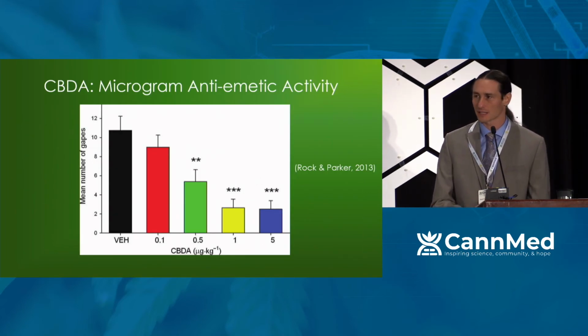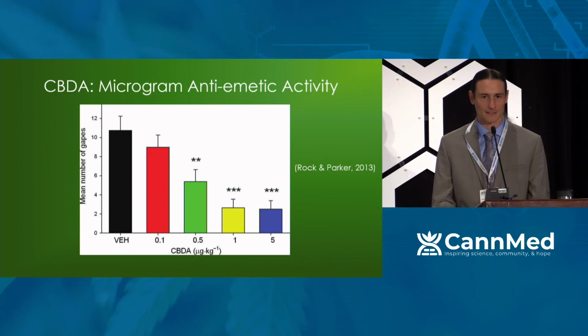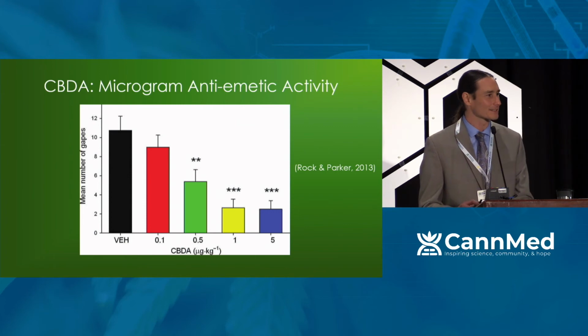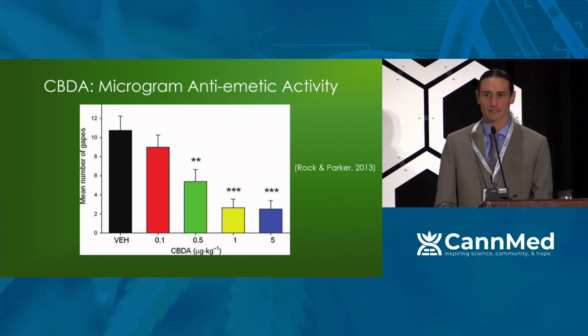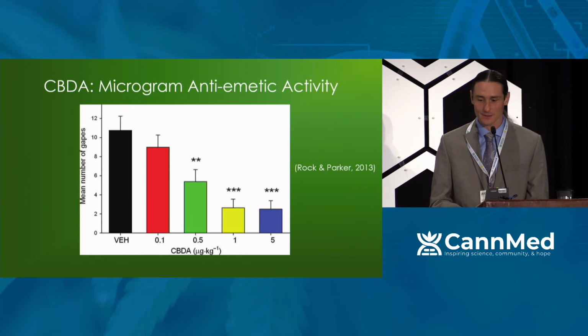Then the authors who did that last study looked at CBDA, but notice the scale is different now, micrograms per kilogram. They went even lower on CBDA, and they found that 1/2 of a microgram per kilogram, again, that is so small in rodents, it's hard to even describe. Maybe the equivalent in a human would be brushing up against a cannabis flower and letting some of that resin get on your arm and absorb through the skin. I mean, this is tiny, tiny dosing.